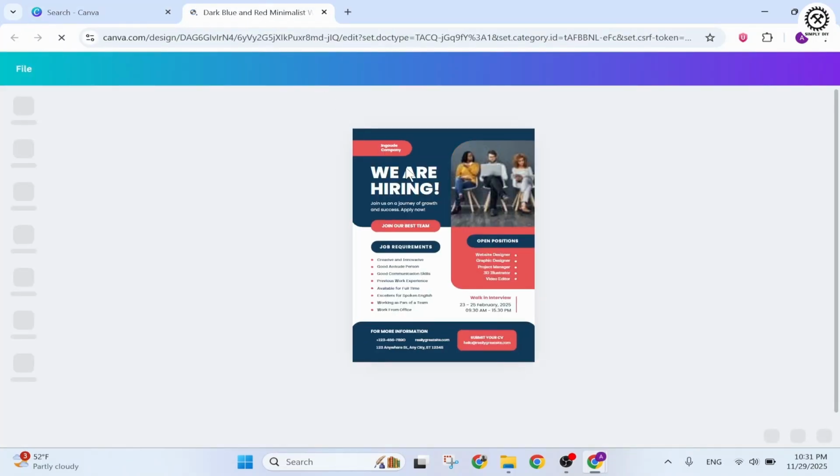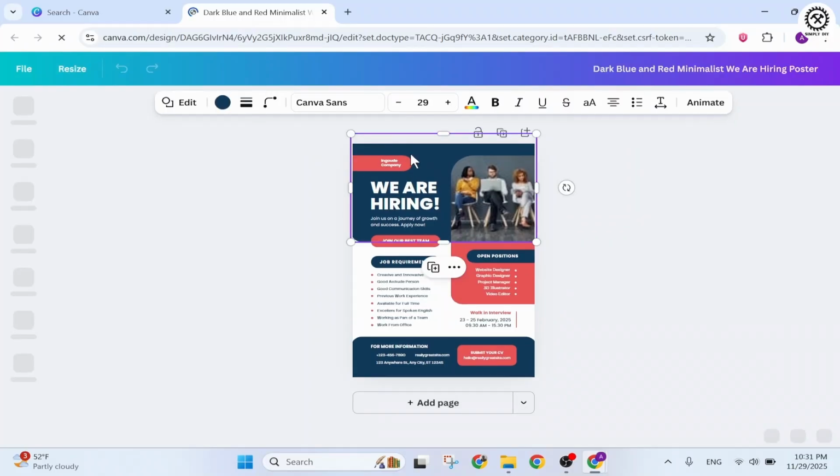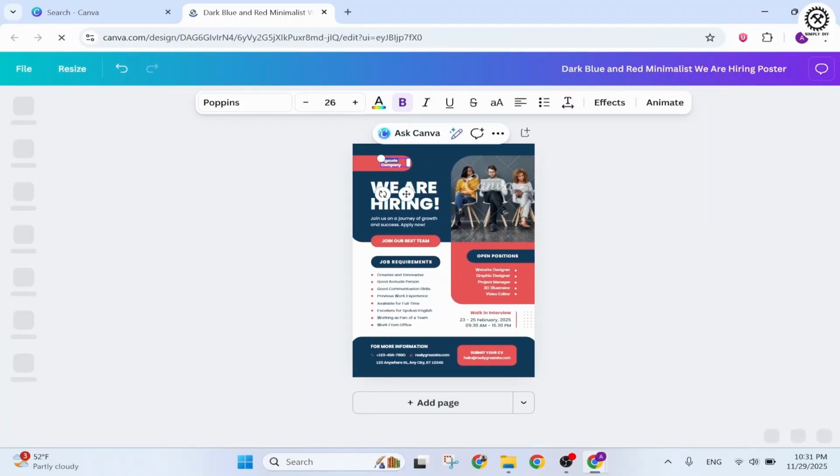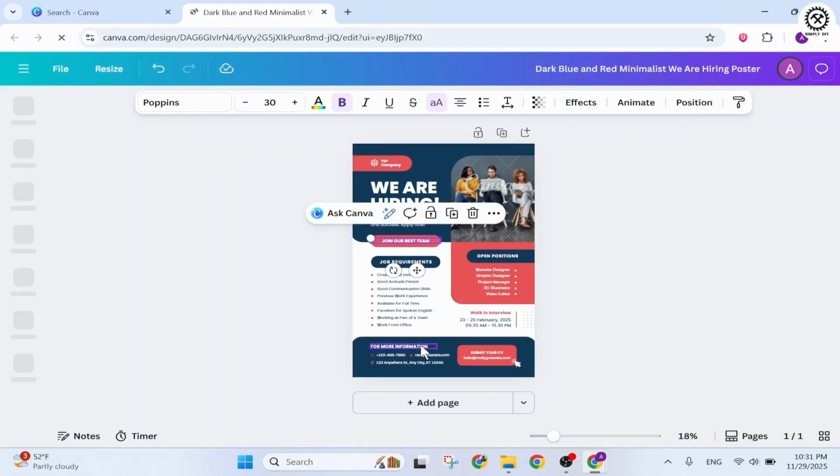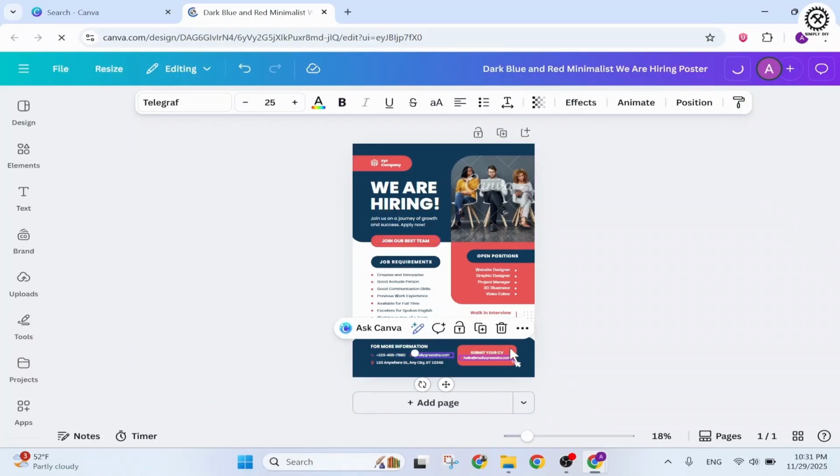So just let it load. And now all you have to do is make the edits. You can change the name, so type in your company name. After you type in your company name, you can then make all the necessary edits like information and everything,